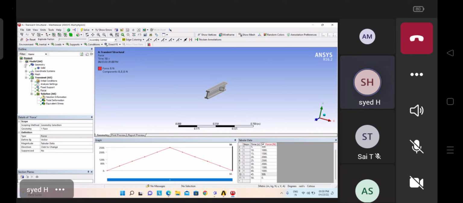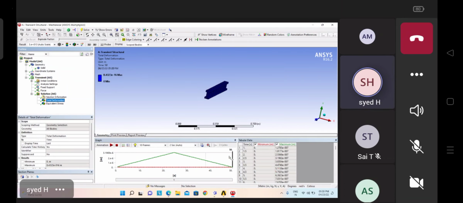Now see here. Now I assign the load here. Now I am checking the total deformation. I am getting still the values are very small here. For initial seconds we are getting from these values. It is increasing until 25 seconds. It will reach the maximum deformation. Yeah, the 25 is a maximum deformation that is of